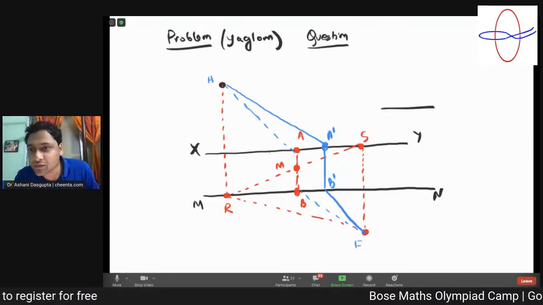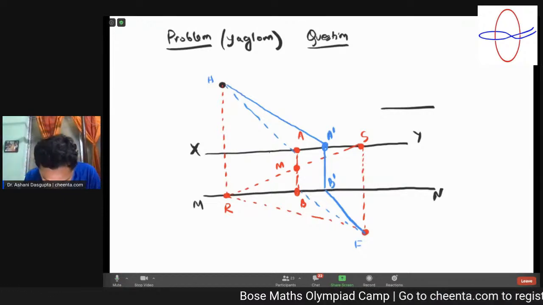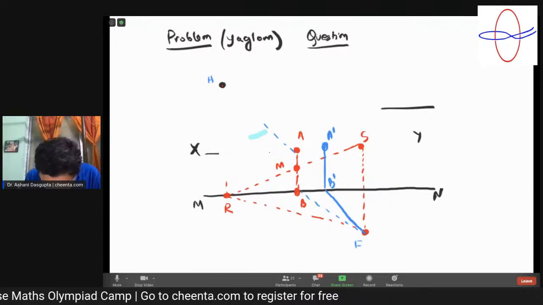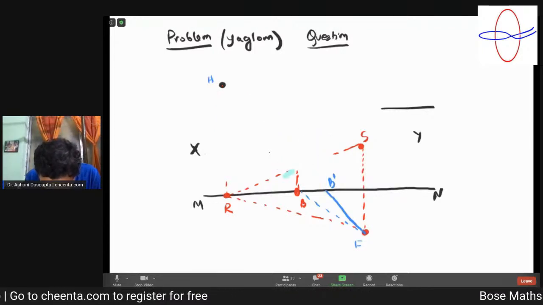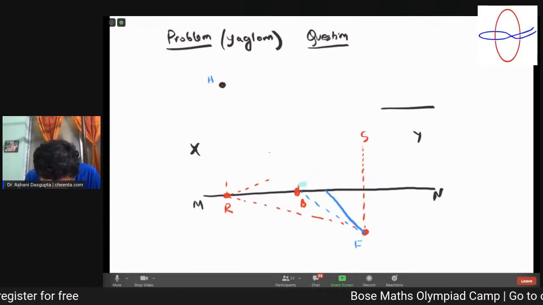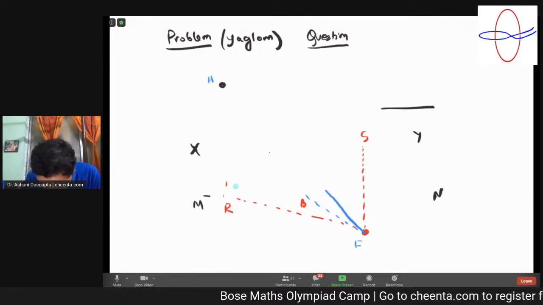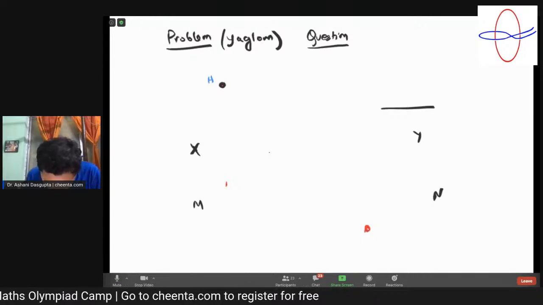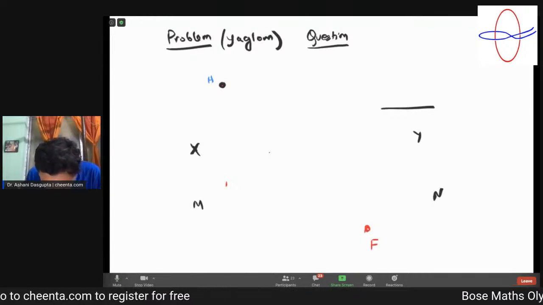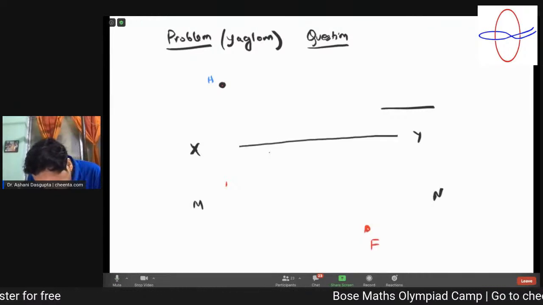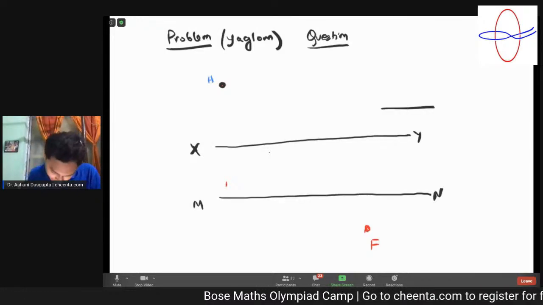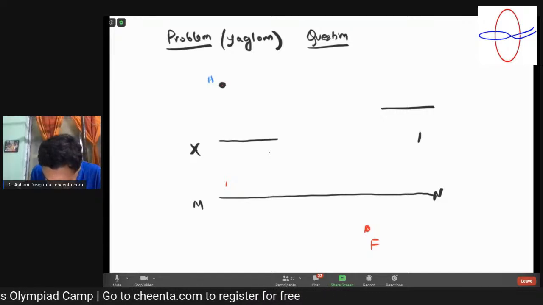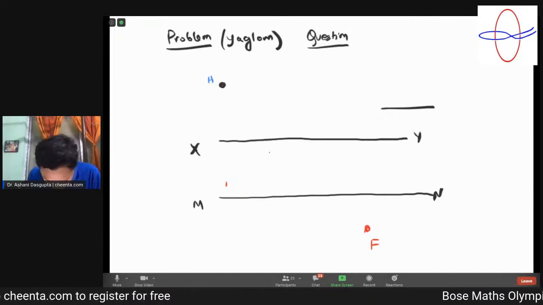Now you can tell me who is speaking. Tell me your name, then. If we translate the bank MN to XY, and then we draw a straight line connecting H and F, then the straight line will intersect MN, which is already coinciding with XY, if we translate MN to XY, right?